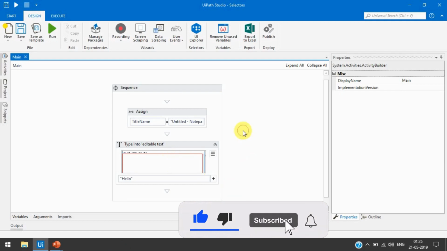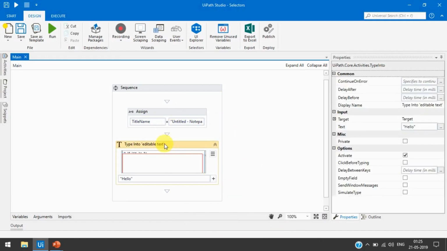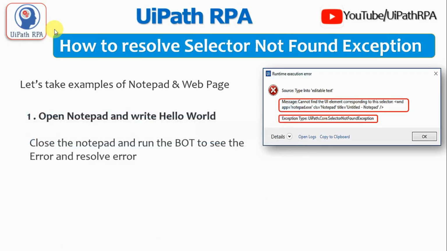Here I have already taken one assign activity and a type into activity. Let me just run this. In this example I have taken a selector of notepad where we are going to write hello.